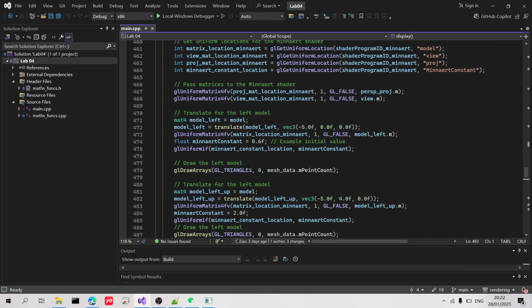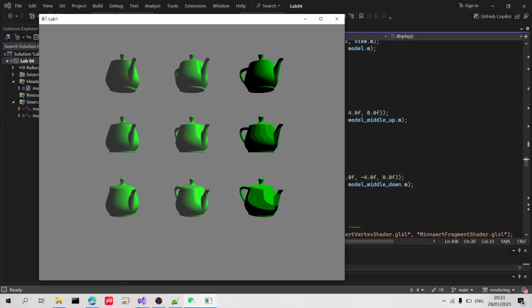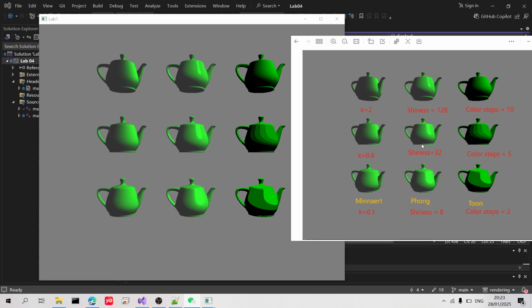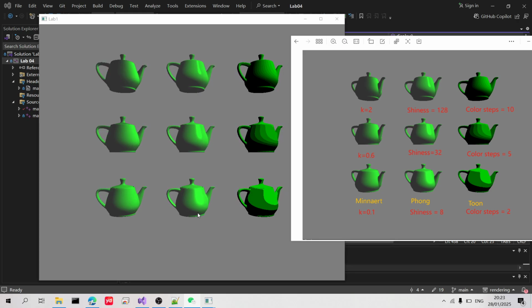And for the Phong shading, I changed the shininess. The middle shininess is 32, and the lower one shininess is 8. The upper one shininess is 128. And you can see the shininess controls the light area, like a bulb, and the lower the shininess is, the